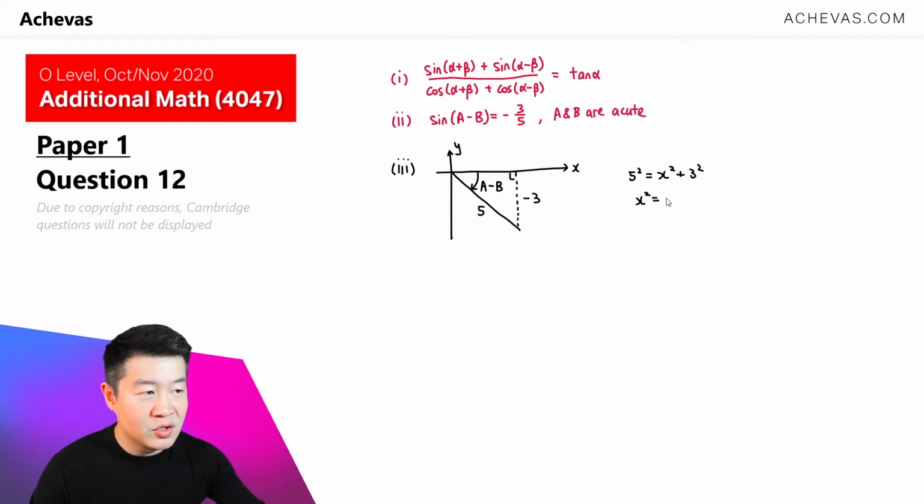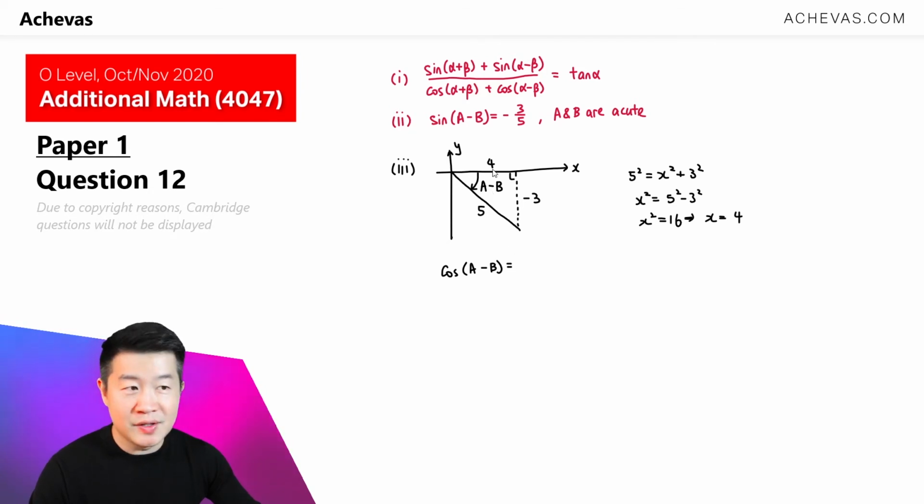So x squared is going to be equal to 5 squared minus 3 squared. x squared is going to be equal to 16. This tells us that x has to be equal to positive 4. Although we square root this to get plus or minus 4, based on this, we can see that it is going to be positive 4. And this can help us to deduce the cosine of A minus B. Cosine is adjacent over the hypotenuse, so cosine of A minus B is 4